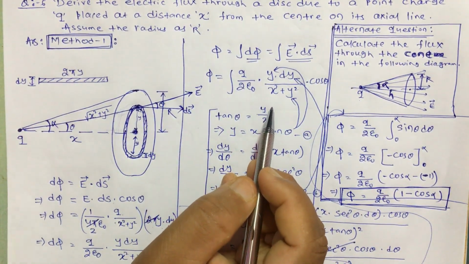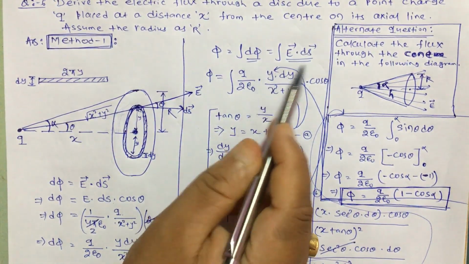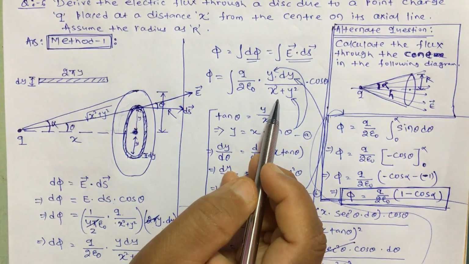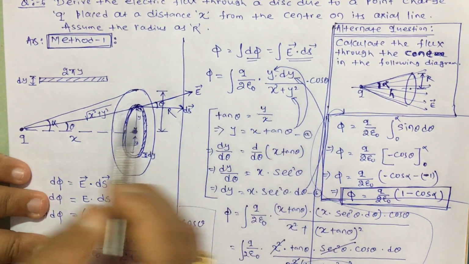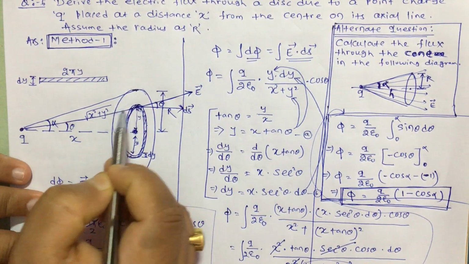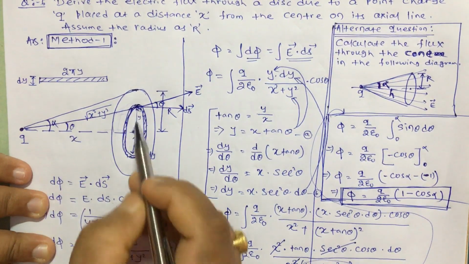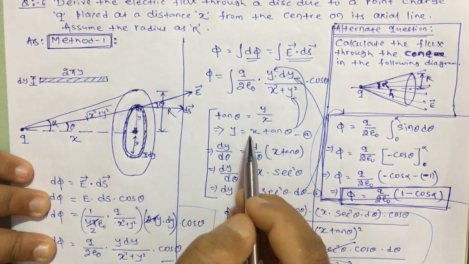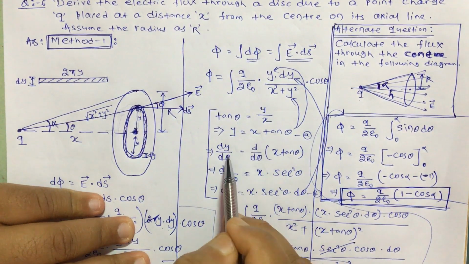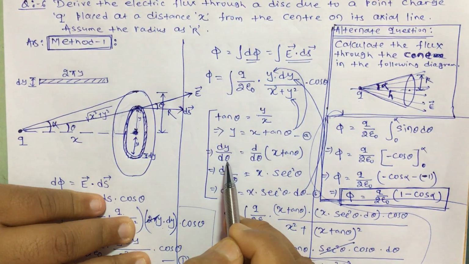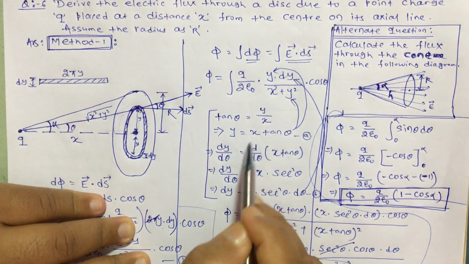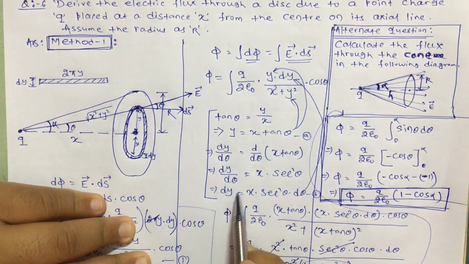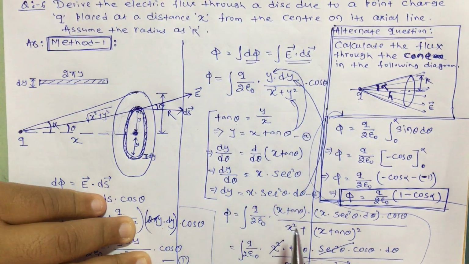How? By using the substitution method. We have to write this total equation either in terms of theta d theta or in terms of y dy by using substitution. And what do we have to substitute there? From this triangle, tan theta will be equal to p by b, or y by x. So tan theta equals y by x, or y will be equal to x tan theta. Differentiate both sides with respect to theta: dy by d theta, and here x is constant, taken out, d by d theta of tan theta will be sec square theta. So dy will be equal to x sec square theta d theta.